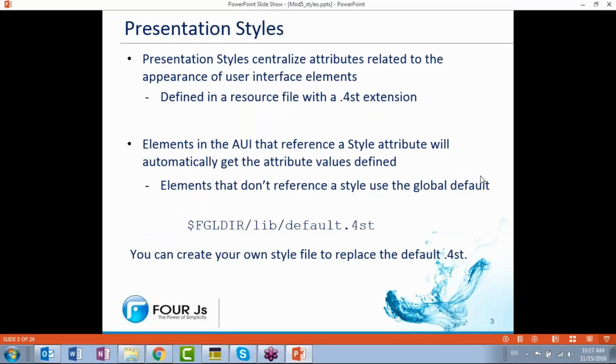So here's a discussion on presentation styles. You're probably already aware presentation styles centralize attributes related to the appearance of user interface elements. So very similar in behavior to action defaults that we talked about earlier in this class. Action defaults let us centralize attributes related to actions. Presentation styles let us centralize attributes related to lots of types of user interface elements, windows, form elements, menus, and